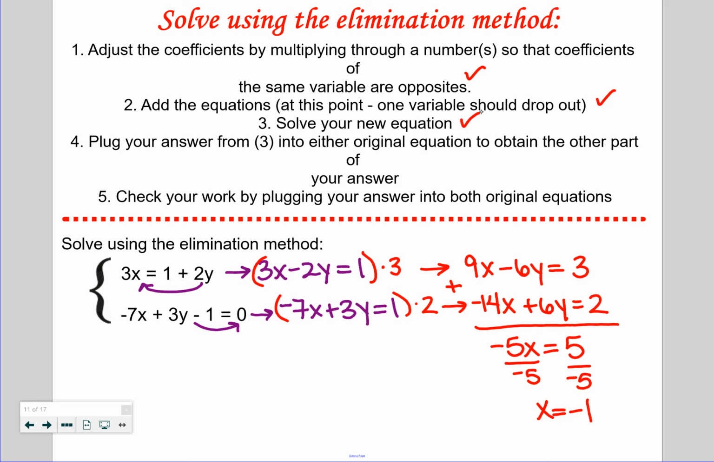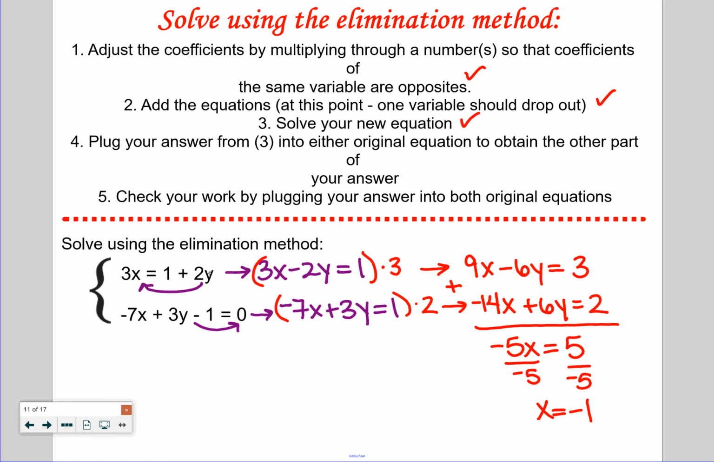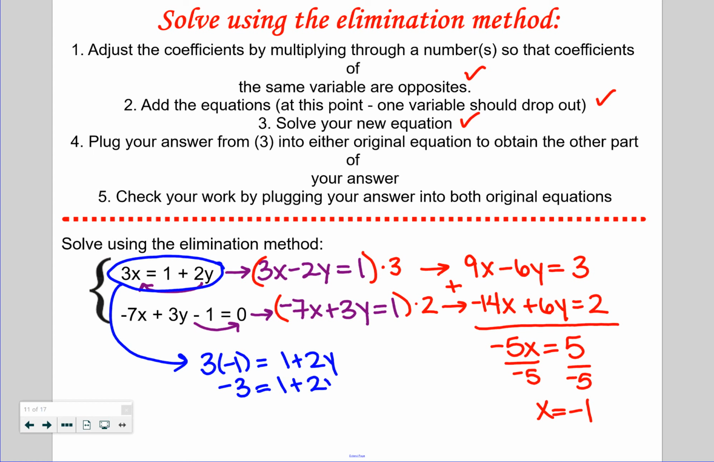From there you can plug that back into either original equation. I'm going to use the top one. If I use the top equation, it's 3 times x, so 3 times negative 1, equals 1 plus 2y. So that's negative 3 equals 1 plus 2y. If I subtract 1 on both sides, I get negative 4 equals 2y, and then divide both sides by 2,